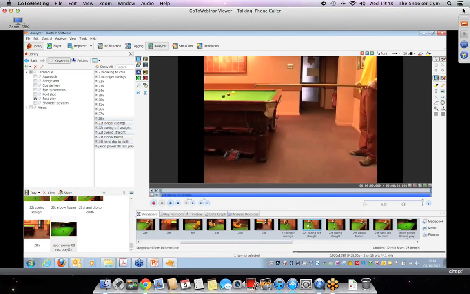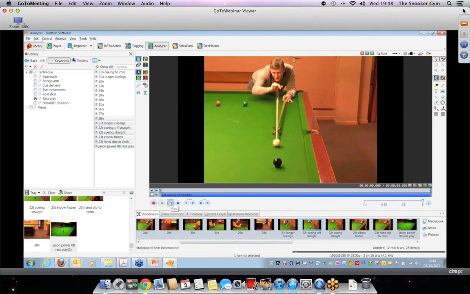So what we've got here is, as the player goes through, frozen elbow is a very common issue that you'll see with players. Now what's happening here, if we just draw the line here, look, line of aim, as the player delivers the cue, because the elbow is stiff and tight, the cue goes around to one side and you get an off-straight delivery. That's extremely common